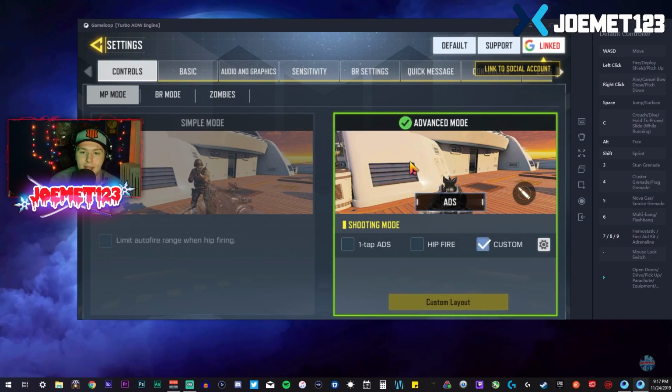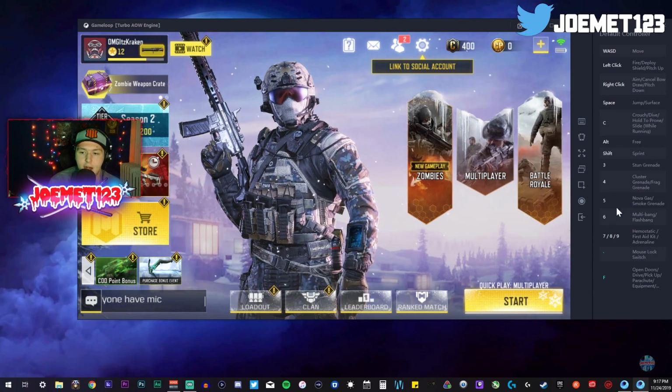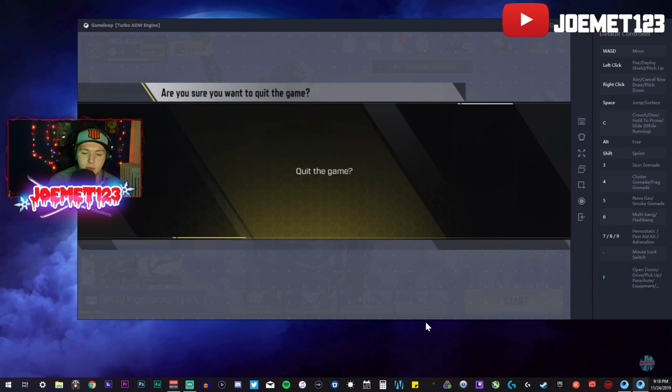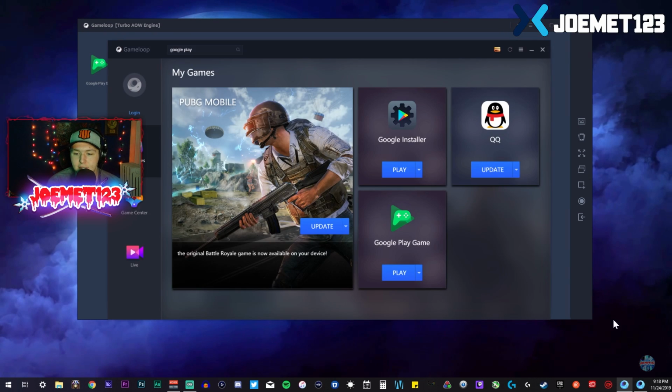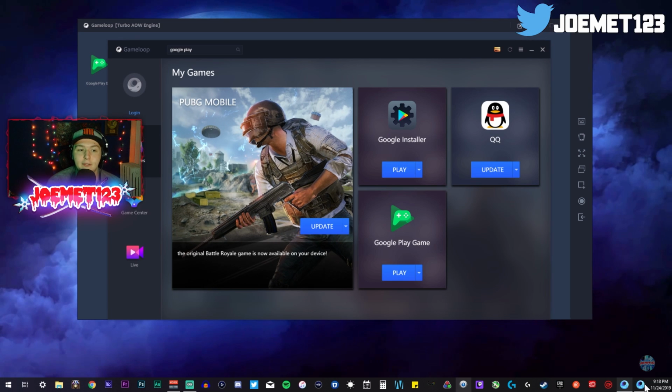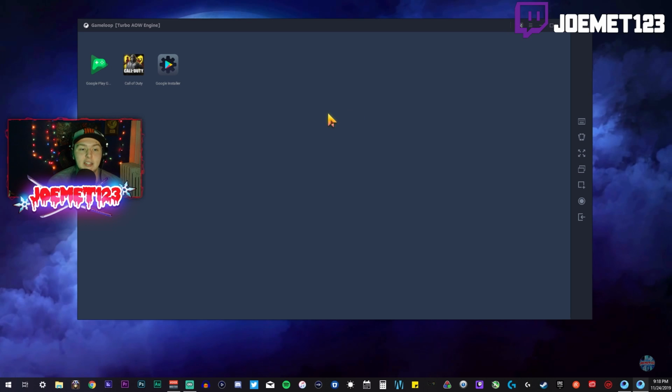If you want to mess around with a few of the in-game settings, you can. But again, just to recap, the main reasons why I believe this happens are that people either don't have the right graphical settings set, which is one of the issues where it says the device is not compatible. That's why I told you to go into your settings and turn down all your graphical settings. That's one. Another issue is that they don't have the Google installer or the Google Play Store